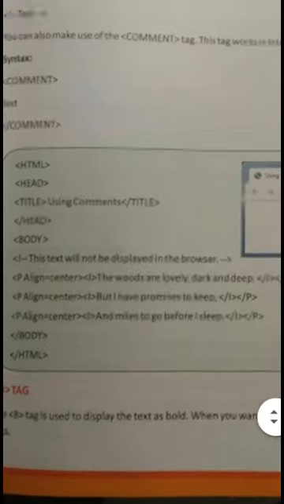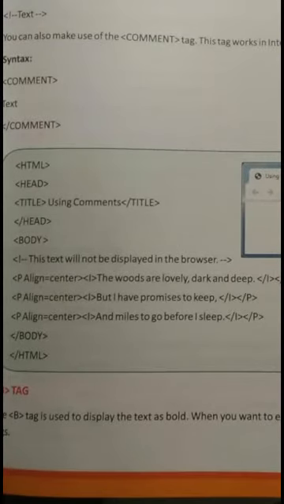One more tag is given in this program, that is the I tag. You are looking here in the second line, in the body tag, p align equals center. After that, the I tag. Its full form is italic. The woods are lovely, dark and deep.